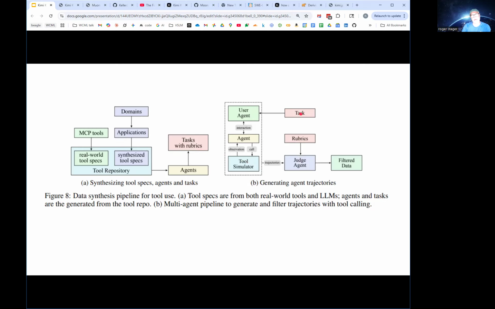So I think this model is saying the way we generate those is we'll come up with a task that we made up, we'll give it to the agent. It'll use one of these MCP agents and the tool simulator. Now here's where I get lost. I don't know how you can simulate the tool that you synthesized, but somehow in here they're doing something along those lines. And then this judge, another language model that was trained to judge, will use the rubrics, the dimensions of the quality metric, to decide what the performance was against that.